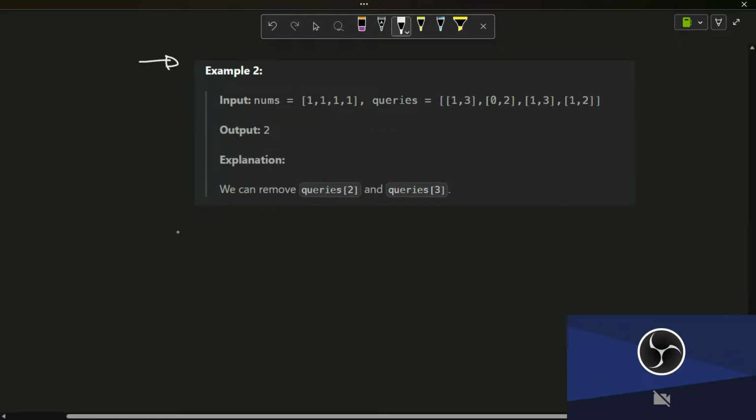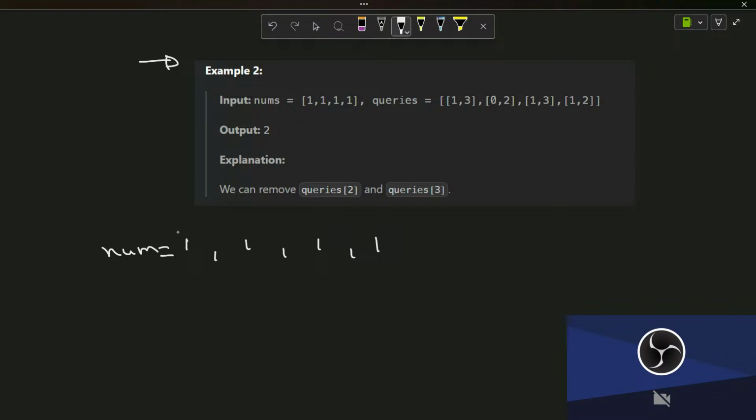So at first we have nums equal to 1, 1, 1, 1, right? And as we are iterating over this nums array, at first I need the queries which include ranges covering the 0th position of nums, right? So how can I get that? What I need to do is sort the queries so that the indices coming earlier come first. So after sorting this query array,